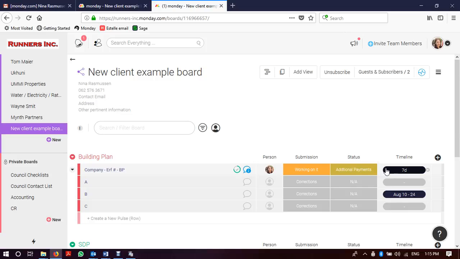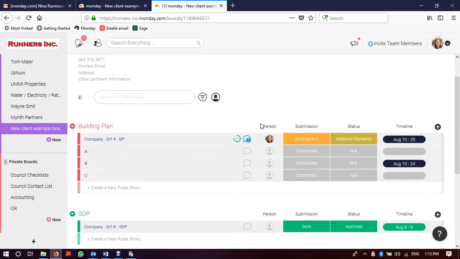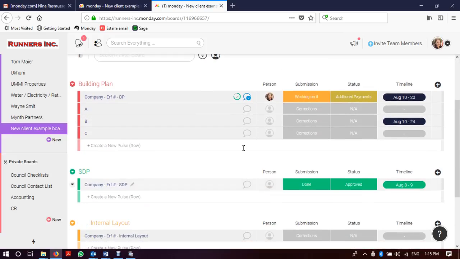These timelines are normally just an estimate from us. Obviously, there are a lot of things out of our control. So we try to give a fair amount of time on a timeline, but they are always going to be just estimates. Just to show you why we have all these separate groups of pulses, even if it's all for the same property,